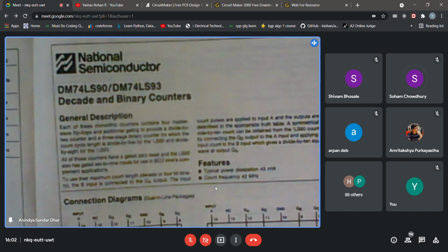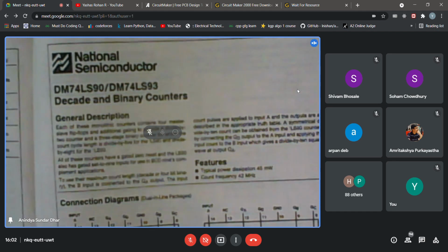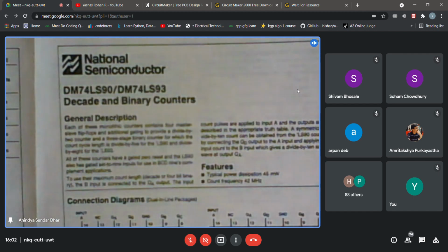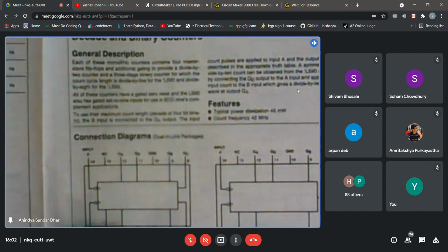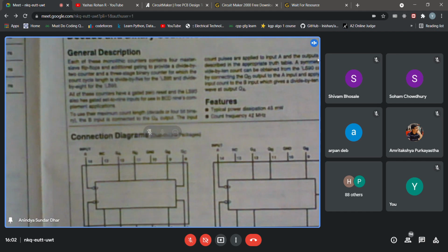So it actually gives faster operation. Once again I am not going into the detail; in theory class I think it will be taken up. In this manual I could get it without this LS also, but I'm just showing this. Initially it shows all these pin diagrams, but the nomenclature is somewhat different from that manual,